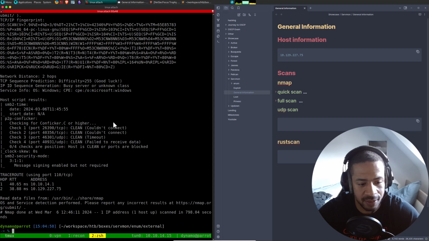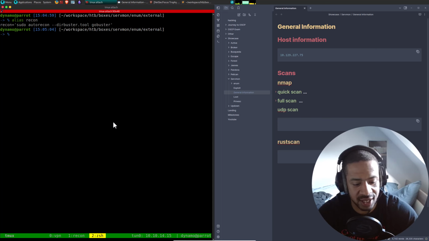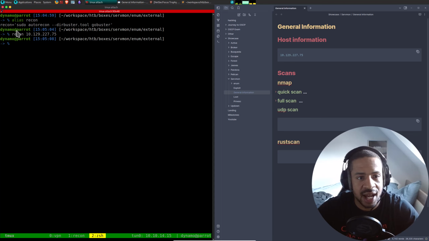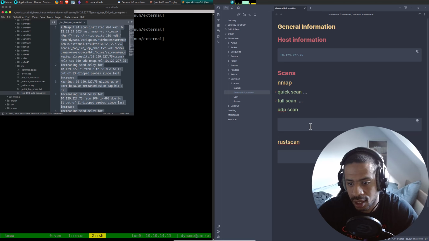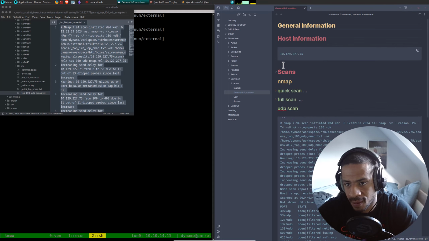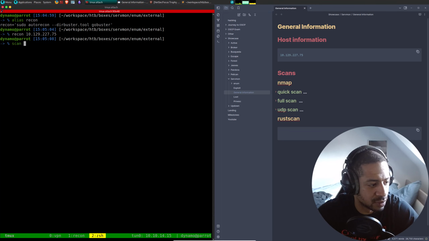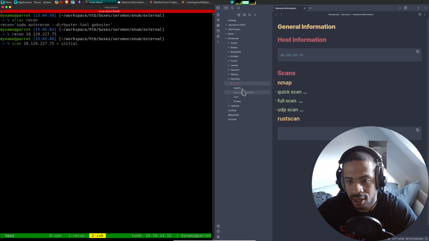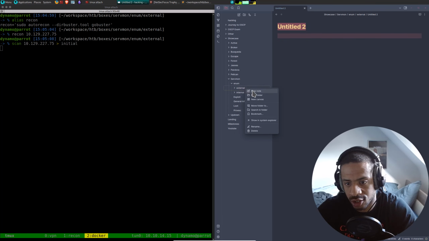I would take the IP. Let's do alias recon so you can see that, and then I would just take the IP and run this. And then let's go back to UDP here, take that, paste it there, and then Rust scan we will still run. Take the IP, scan, call it initial, let that run, and then inside of enum let me create a bunch of notes.